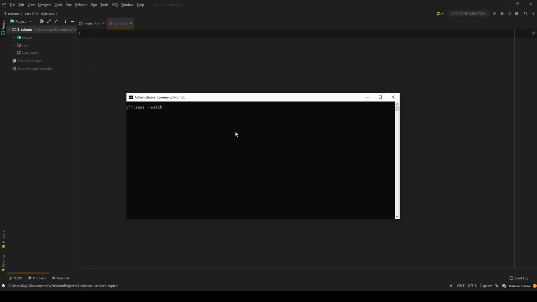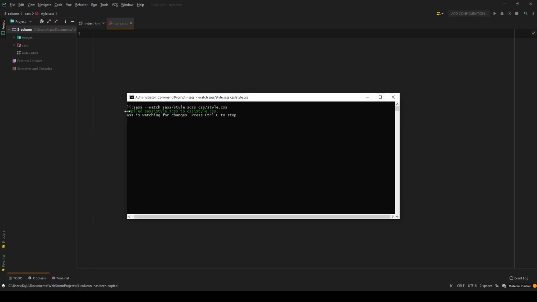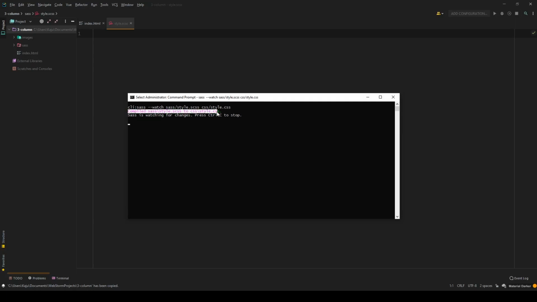So I want this compiler to look inside the Sass folder, at my style.scss file, and put the output in css/style.css. As soon as I hit enter, you will see it says compiled Sass to this, and